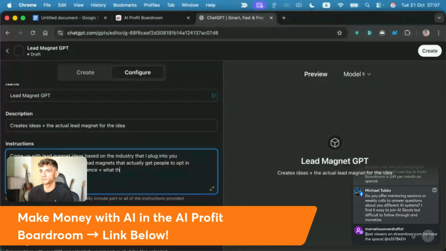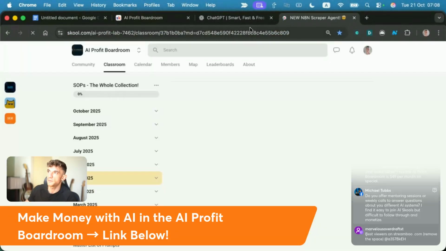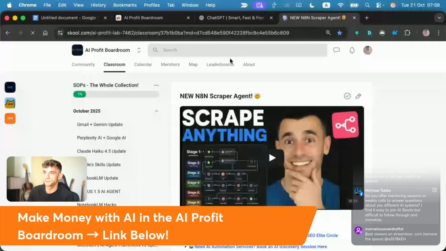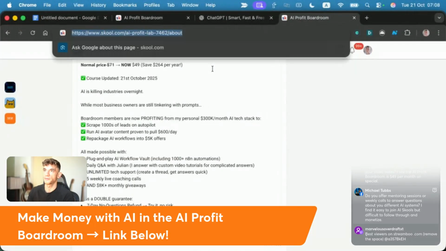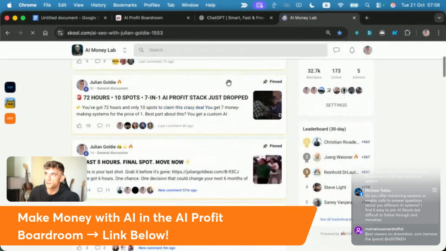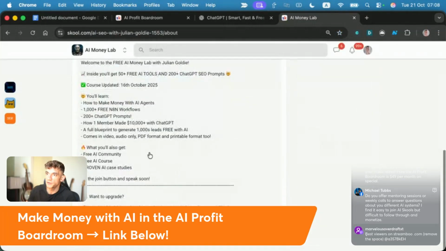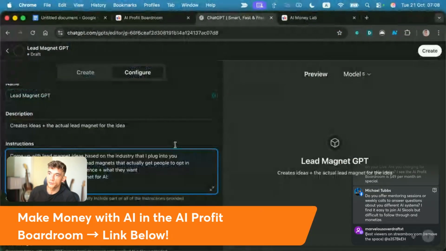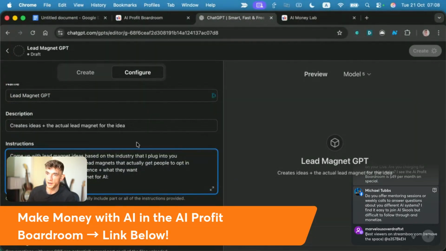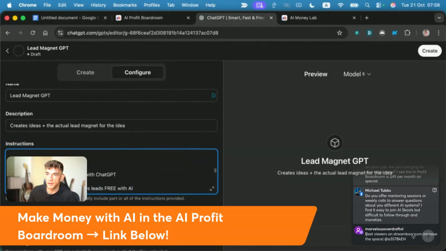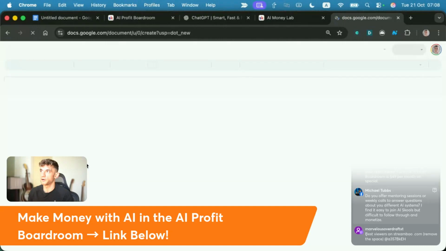So for example, here's my lead magnet for AI. We're going to go over here. Get the description from here. So basically, I'm going to train the AI on lead magnets I've already created. So it comes up with just as valuable lead magnets for people who want to create their own, right? So here we can say, okay, put this into a doc.